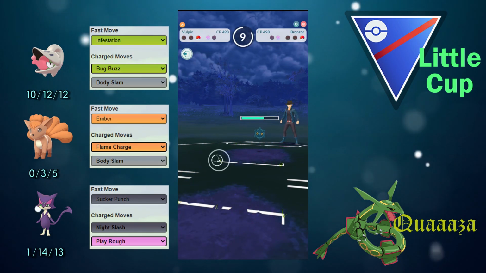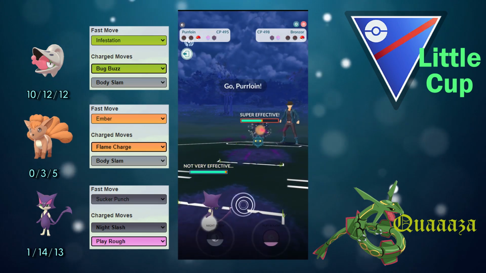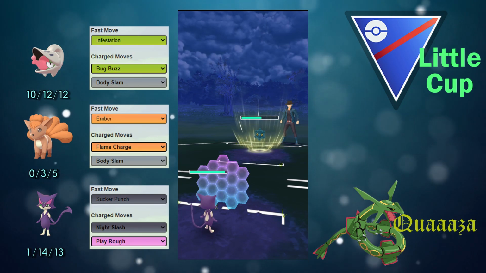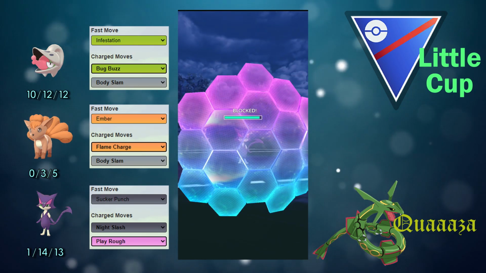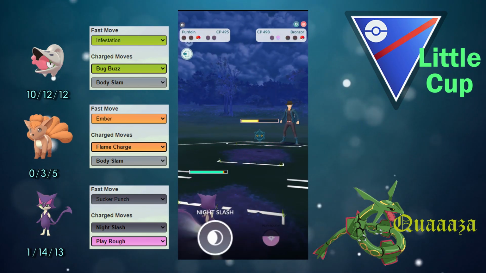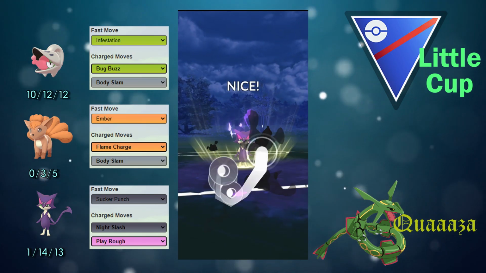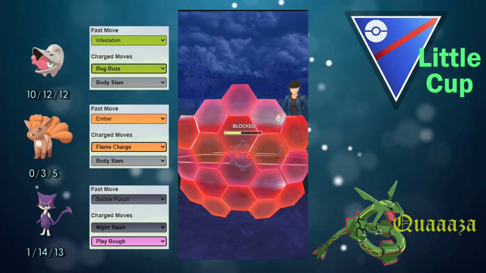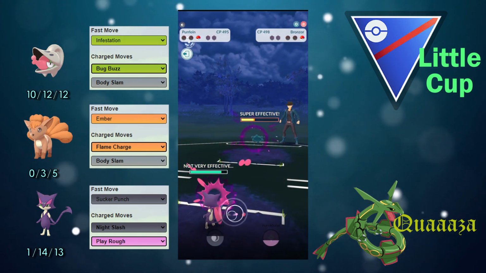So we're not able to get to, I probably should have just thrown the Body Slam, but either way, probably going to shield this up. Heavy Slam would do a good chunk of damage. So going to shield that up, but now he has to get to 2 more Heavy Slams. But I'm going to be able to get to these Night Slashes quicker. And Night Slash does so much damage to Bronzor. Yeah, so the next Night Slash